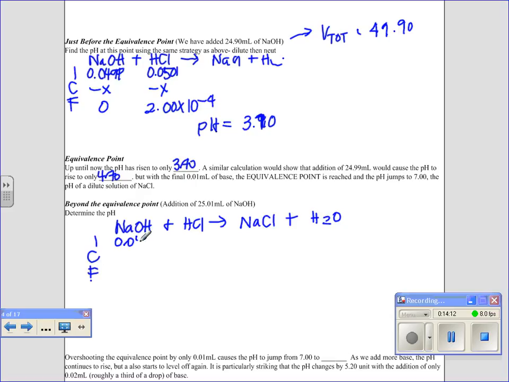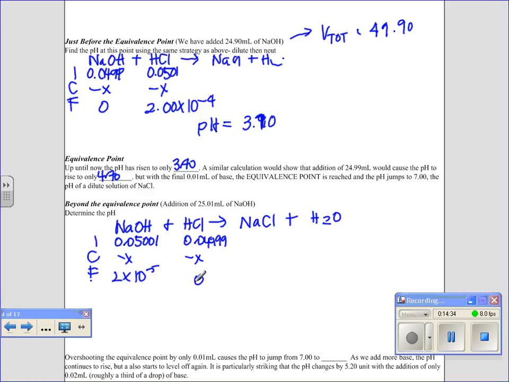At this point, now the sodium hydroxide is going to be our limiting reactant. Okay, and it's important that, as you can see, when we're dealing with such small differences here, you need to keep lots of significant digits in your preliminary calculations so that you can actually see